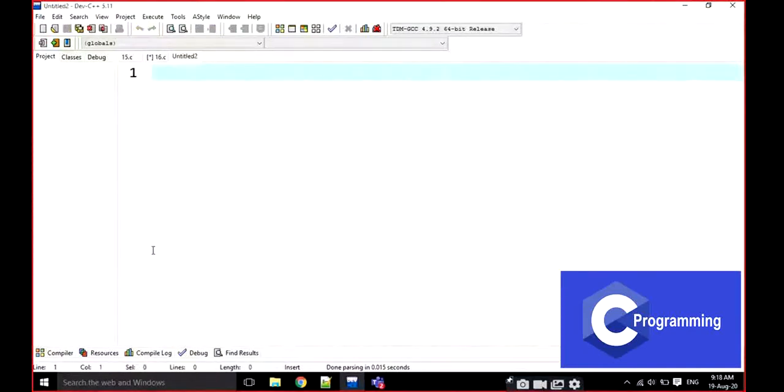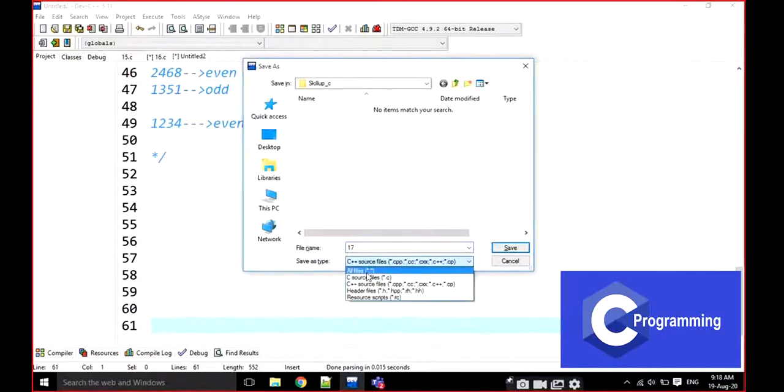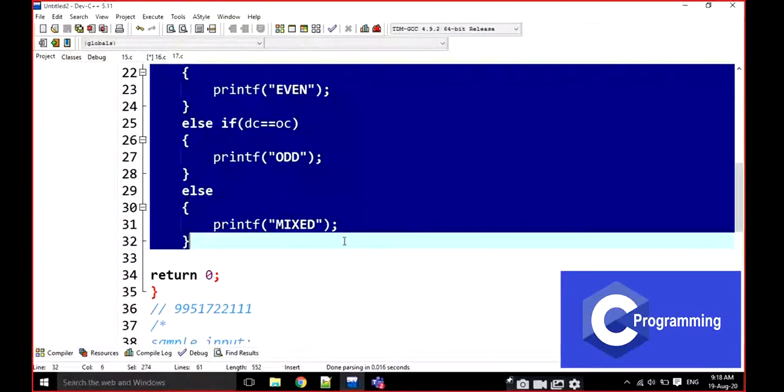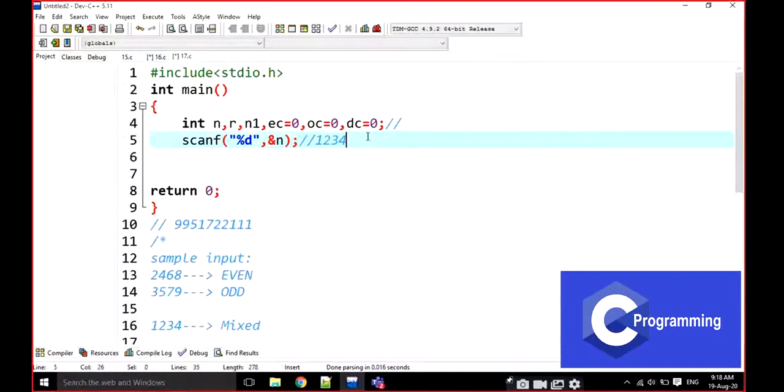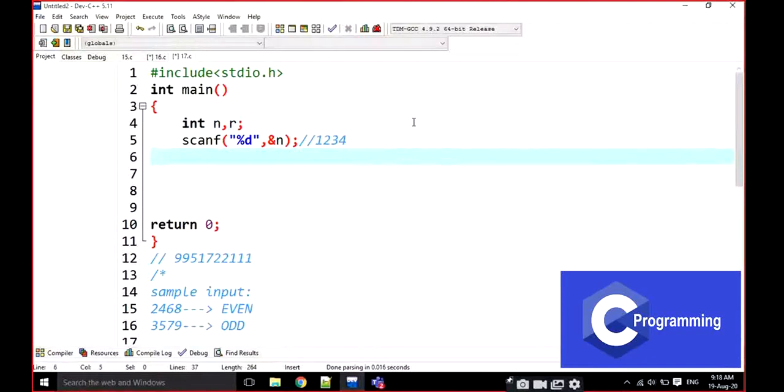I will explain you. First of all, I am going to delete all this logic here. I am going to write from the starting. I am going to read only one number. There is no need for the even count and digit count and all these things. What I am thinking is, just listen carefully. First of all, I have to assume: is the number even or odd?